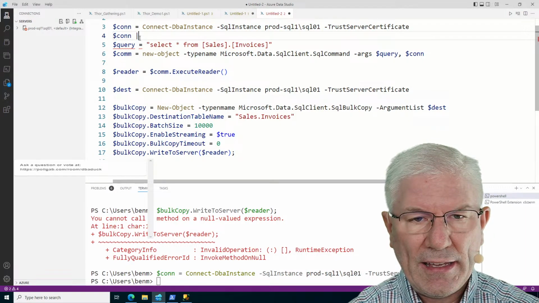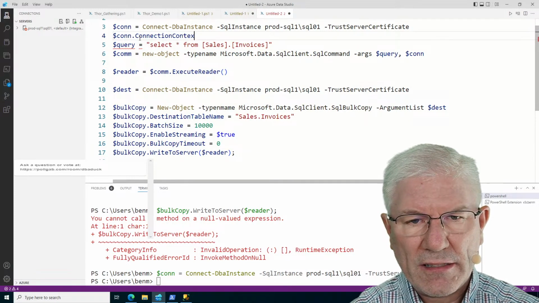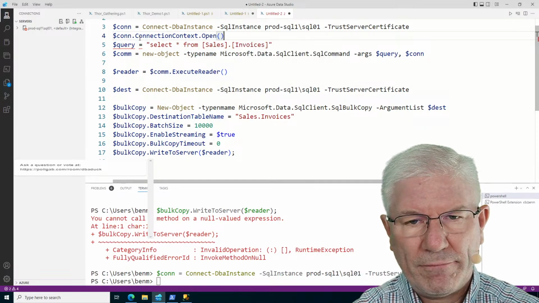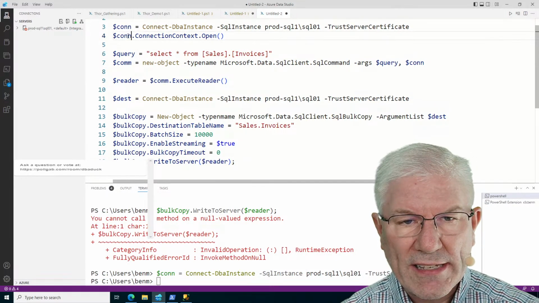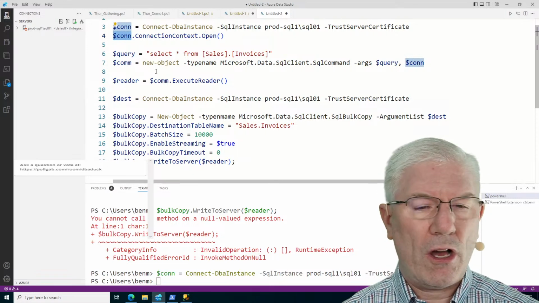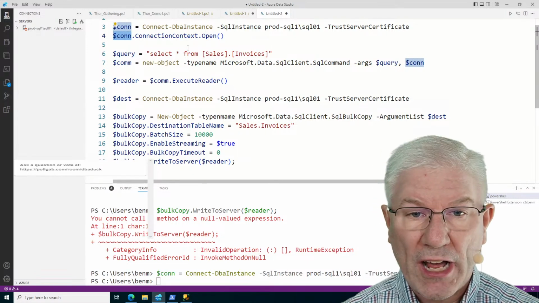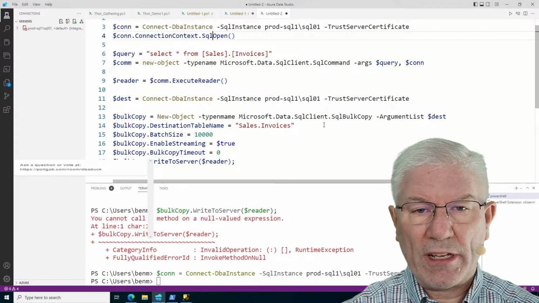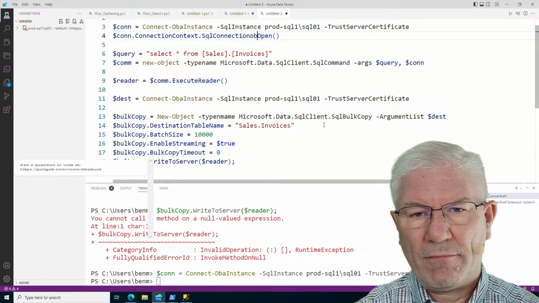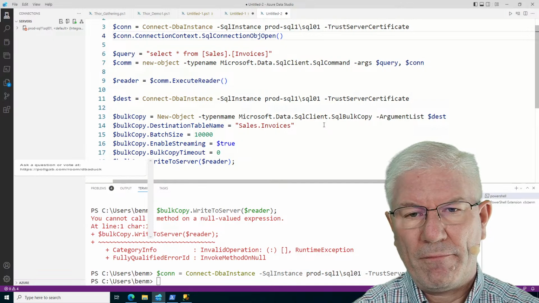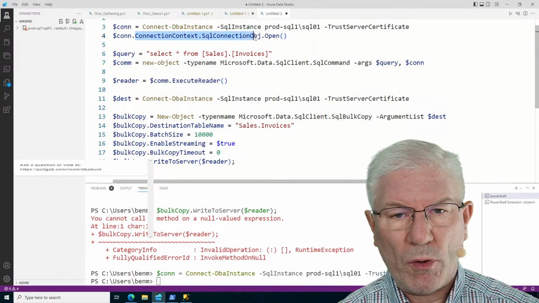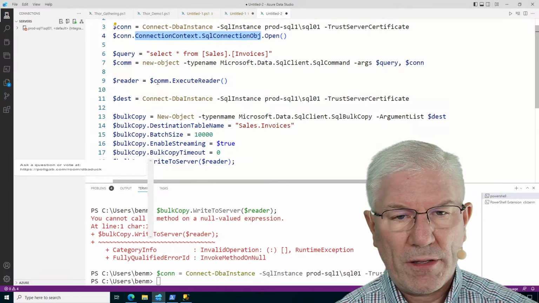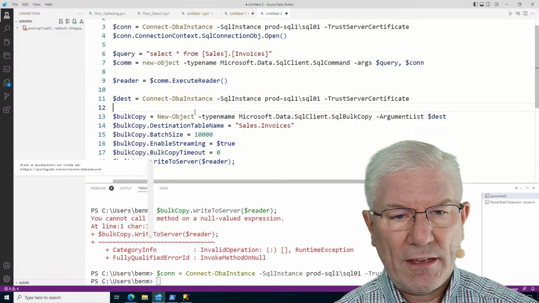with a connection context dot open, because the con is actually a server object, not a connection, not a SQL connection. I need the SQL connection object dot open. And that's what we learned when we used bulk copy outside of the